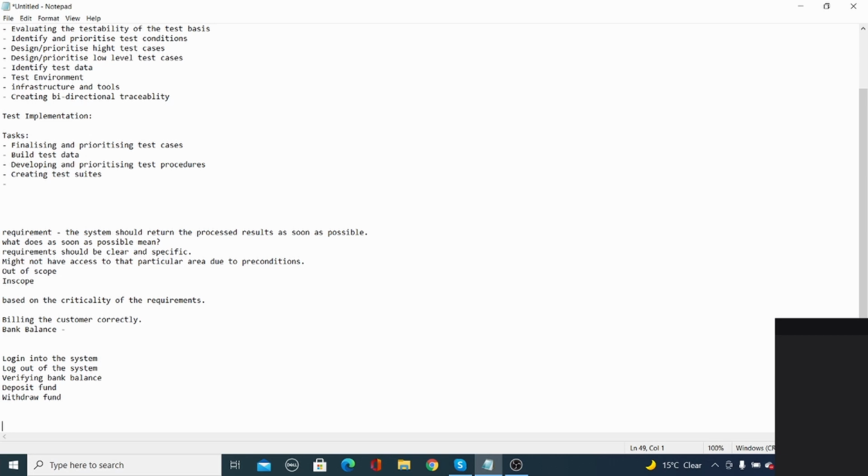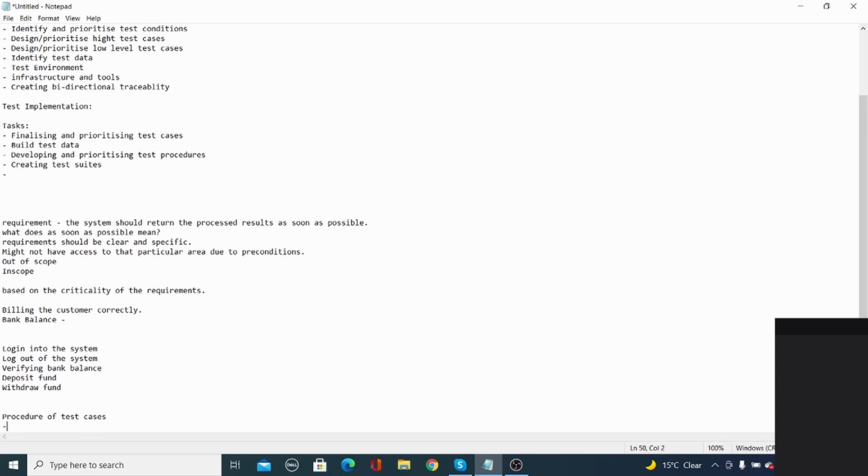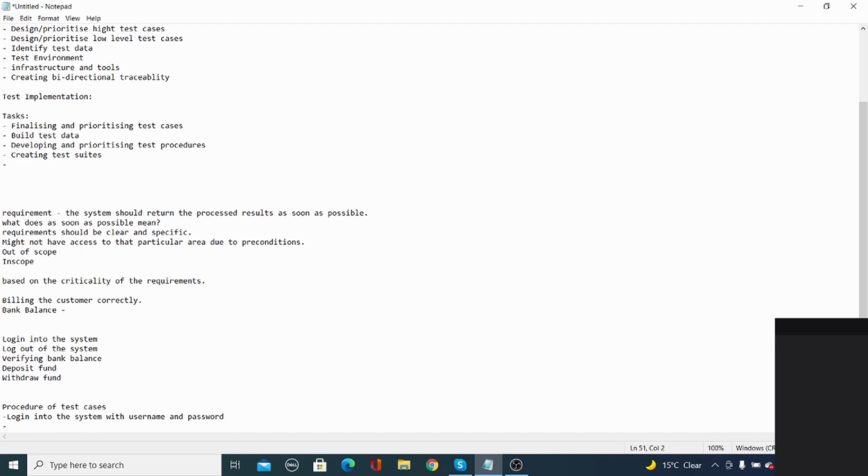So login into the system. Now let's prepare the test procedure. Procedure, sequence of execution. In what order are you going to execute the test cases? Login into the system with valid username and password. Now test case 2 is log out of the system.